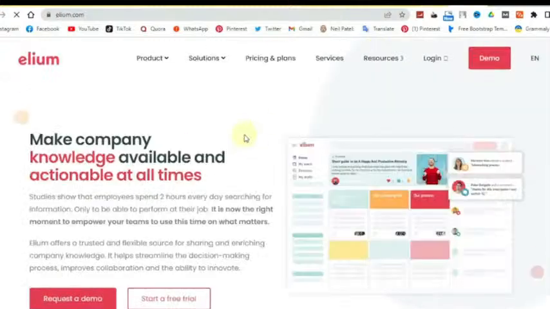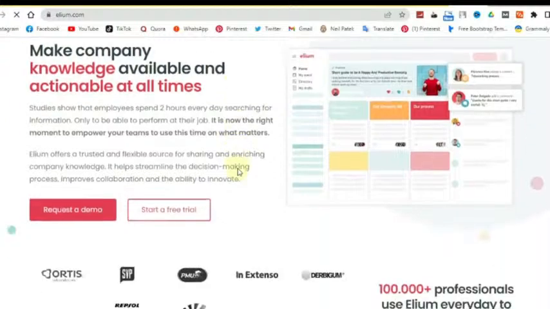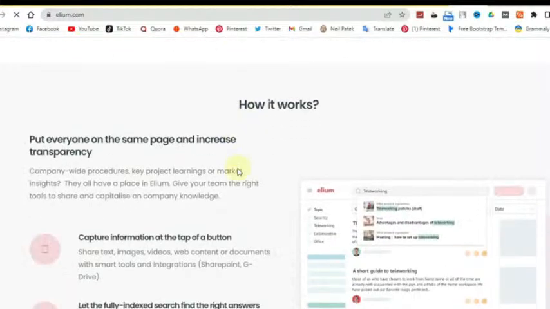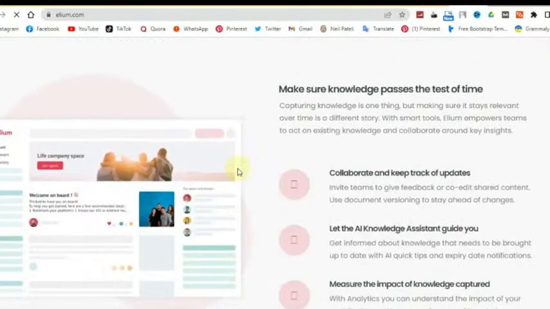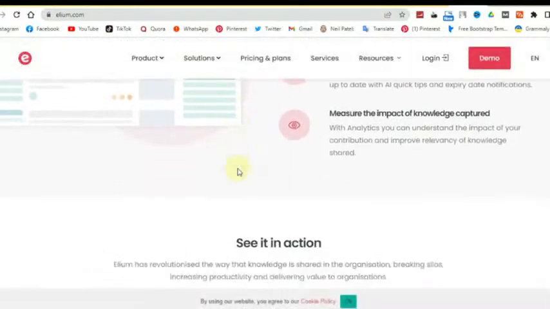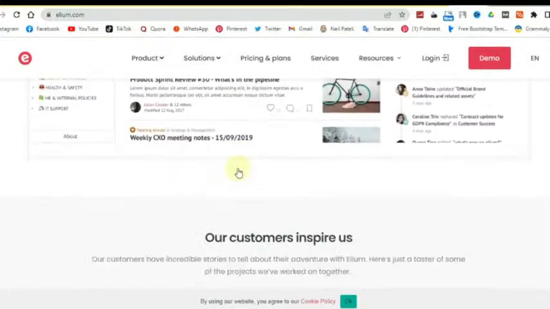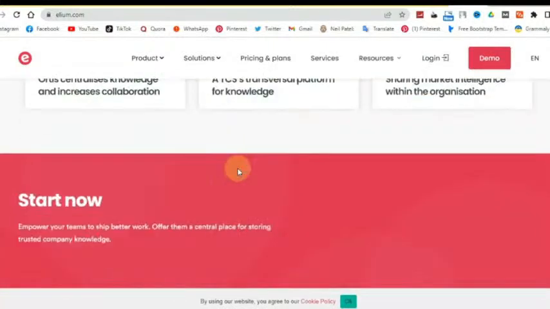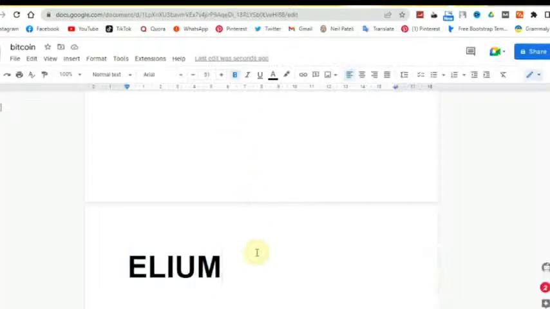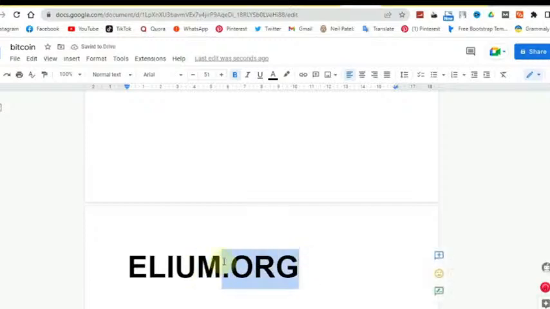As you can see, this website is not crypto related. The .com is not crypto related. Now since it's not crypto related, the website does not have any issue with crypto. What you can do is try using something like helium.co, helium.org. If that is not enough, you could try adding something like